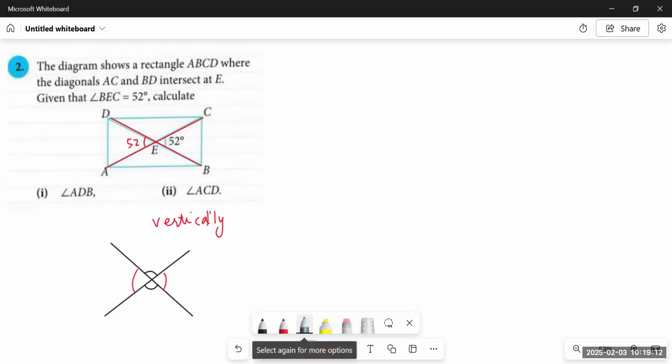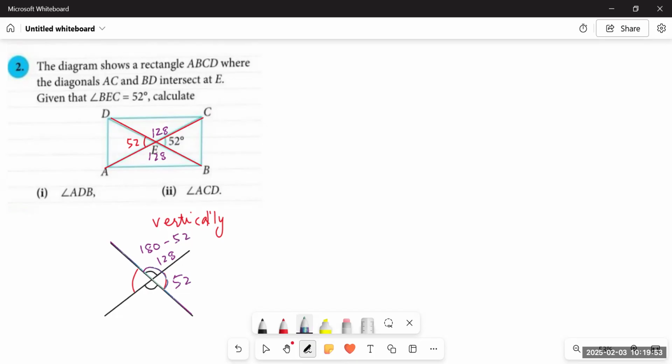And also there is one more property. Since this is a straight line, and we know that the sum of angles on a straight line is always 180 degrees, if one of the angles is 52, the other one would be 180 minus 52. It means this angle, from D to C, would be 180 minus 52, which is equal to 128. It means these two angles would be 128 each. It means from only one angle, we can find out the other three angles if they are forming on two straight lines meeting at a point.